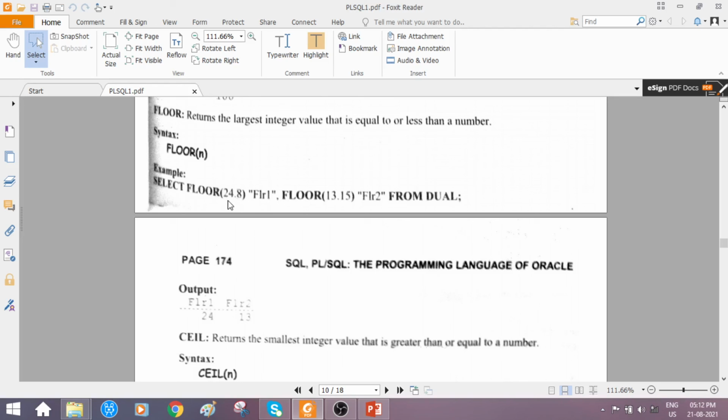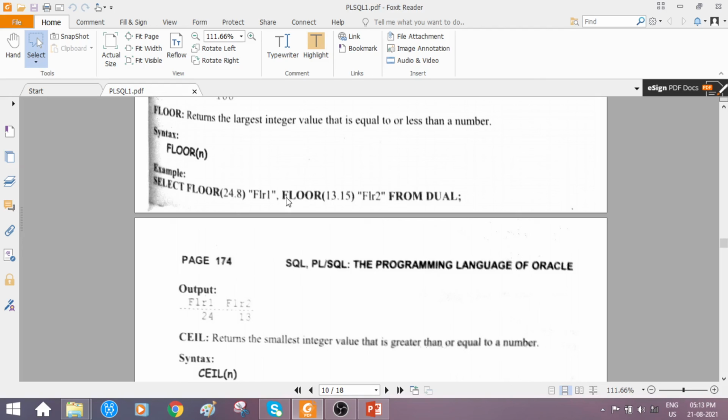Okay, so what is that? 24.8, 24. It is neglecting the decimal points. After the decimal point, whatever the values from 1 to 9 are there, it will be neglecting them. And 24 is the largest integer value. So that will be returned. So here just check out the column heading is FLR1. With this column heading, what will be the output returned? 24.